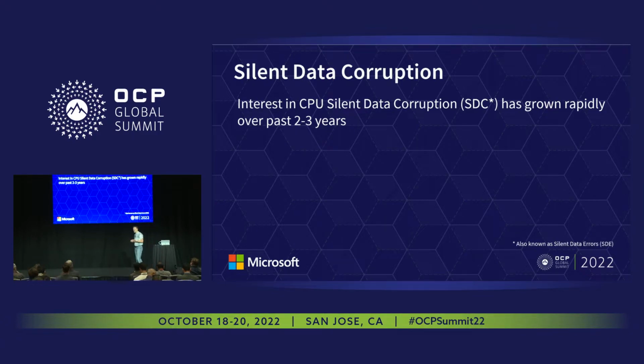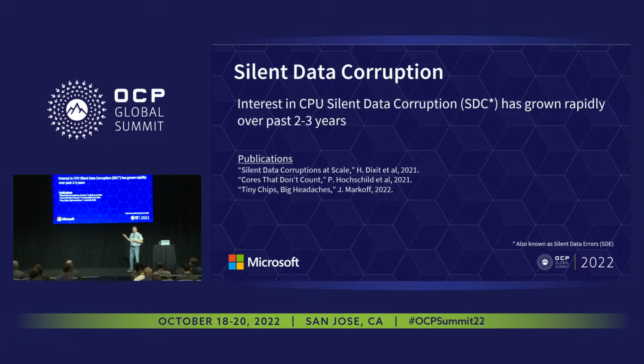So the interest in CPU silent data corruption has grown rapidly over the past few years. There have been a number of publications, and starting from the first two, these were from Meta and from Google early last year, that kind of put a spotlight on this problem of silent data corruption in the cloud. The last article is actually kind of more intriguing because it's a New York Times article. So that meant that the topic transitioned from technical professionals talking to each other about it to actually some mainstream